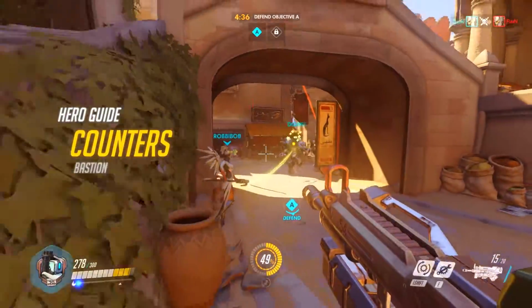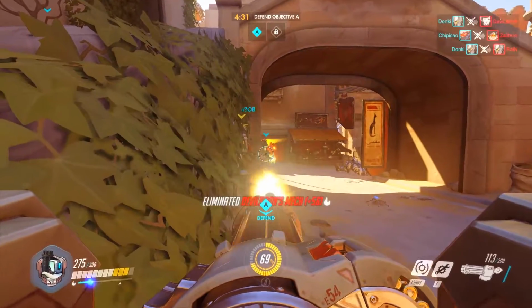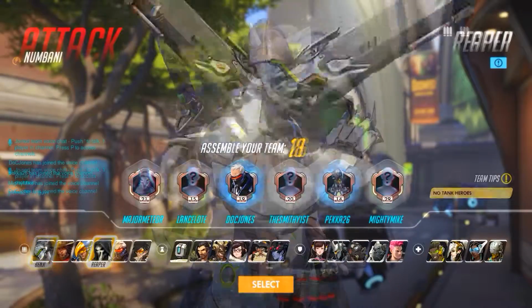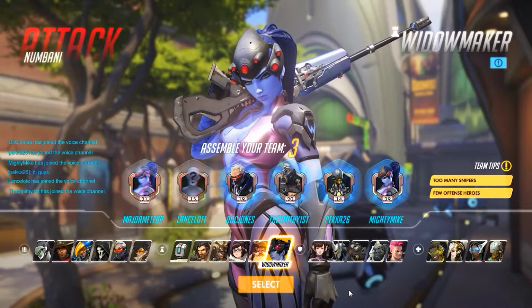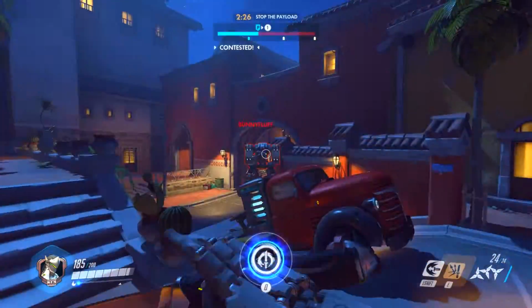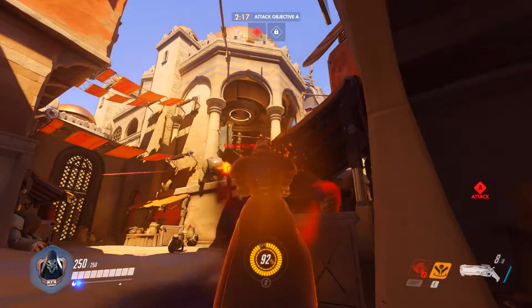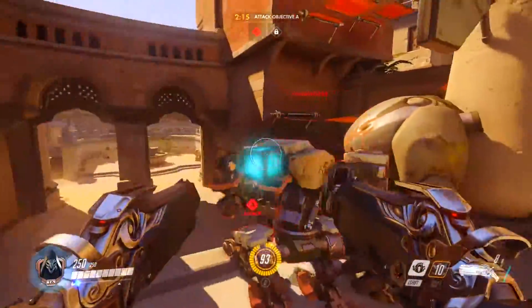Contrary to popular belief, Bastion is not actually OP and can be easily countered with the right hero. The main ones to watch out for are Genji, Reaper, Roadhog and Widowmaker. Genji's deflect ability can reflect Bastion's Gatling gunfire straight back at him, which will deplete his health ridiculously quickly. Reaper's Shadow Step will allow him to teleport behind an unsuspecting Bastion and take him down quickly with the weak